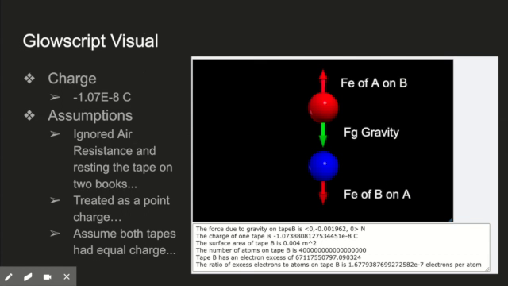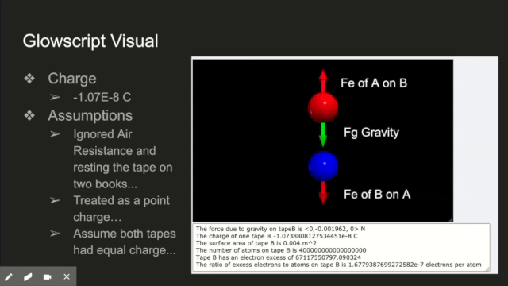So here's my code from GlowScript. So on the picture on the right, you can see the two spheres I made of tape B, which is the red sphere, and tape A, which is the lower sphere. Tape B having equal and opposite forces of the electric force due to A on B and the force due to gravity, and the tape A having the force due to the electric charge from